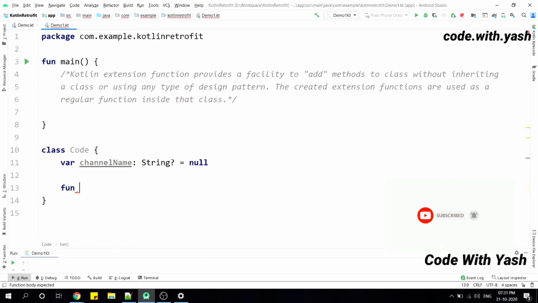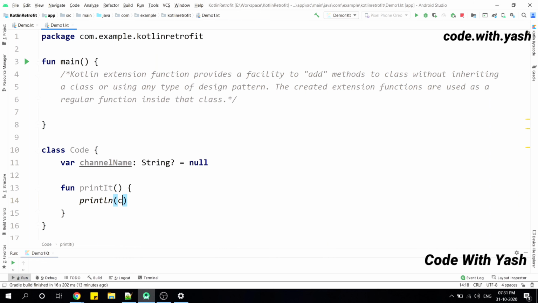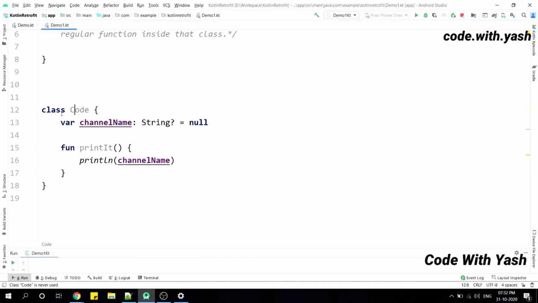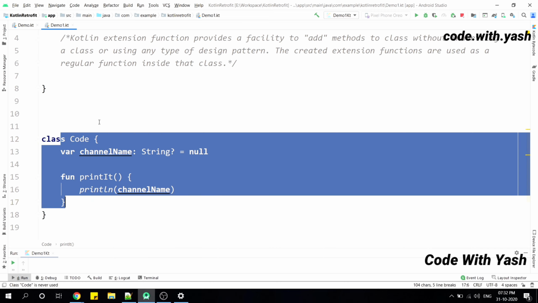Let's create one method named printIt to print this channel name. Whatever the channel name is will get printed if we call this printIt method of the Code class. If you are not getting why we have created this, please watch this video till the end. I'll tell you why we have created this Code class.